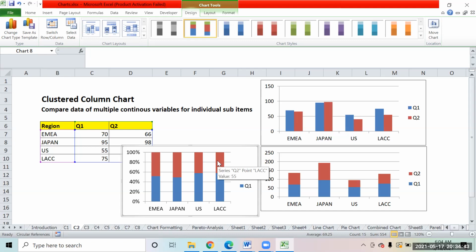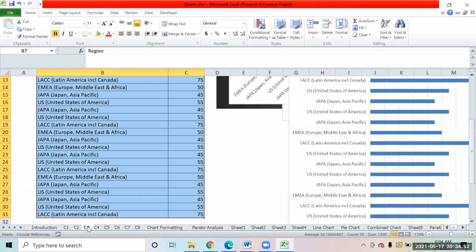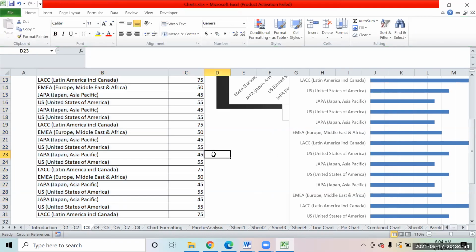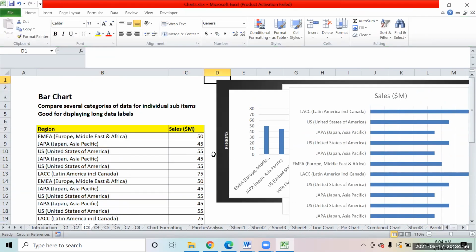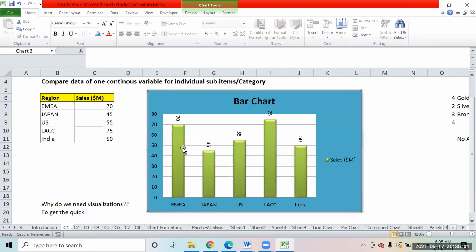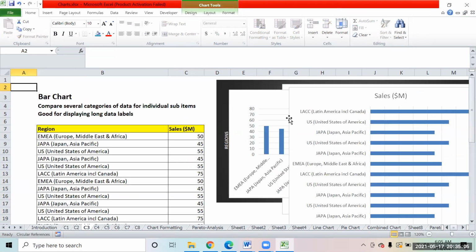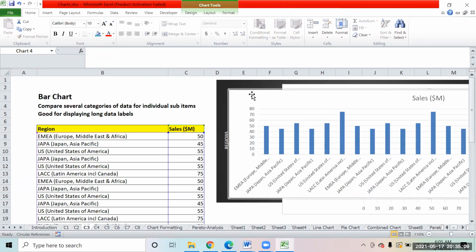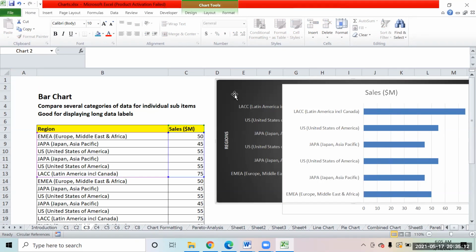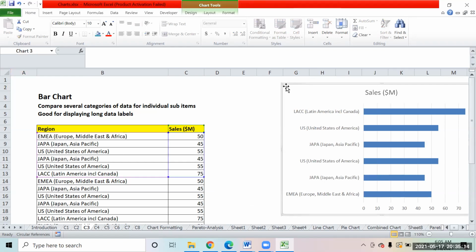So these are different types of bar charts that you have, which you can use for quick creation and analysis of your data, right? Then the next type of chart that we have, these previous ones were column charts. When they are vertical bars, we call them column charts. And when you create bars which are horizontal, they are called bar charts. That is just a different terminology that we use for these charts.